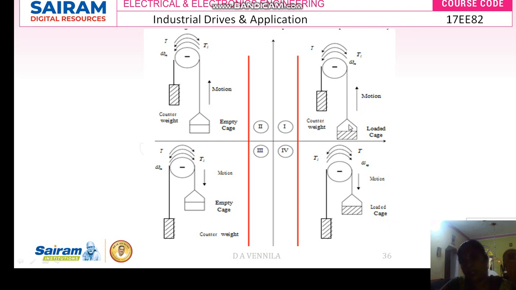Here the motoring operation means, here this is nothing but your uphill. This is nothing but your downhill. So this one is uphill and this one is also uphill. This is also downhill. This is also downhill. From 0, it is going to this point. From here to this point. Whenever, during this forward motoring operation, the speed of the shaft and your motor torque will